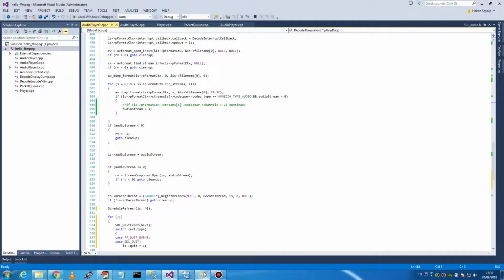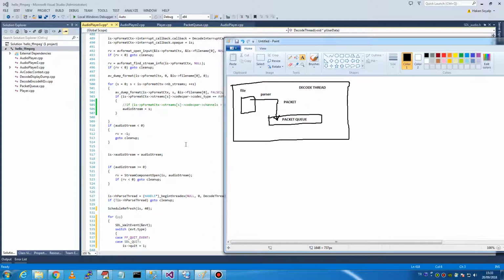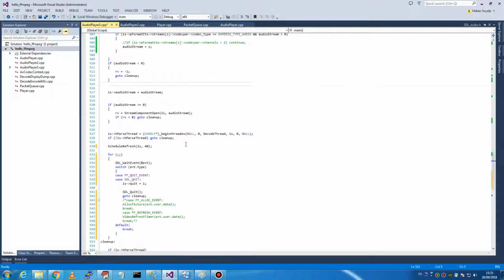Okay, let's see the diagram. We have file, we have parser, and we read packets and put them in the packet queue. This is what decode thread is doing. Actually, it's not decoding, it's just reading, parsing, and putting in the packet queue. Okay, so